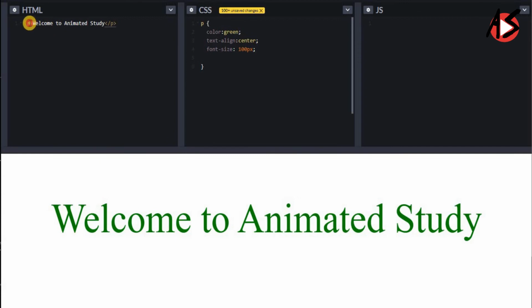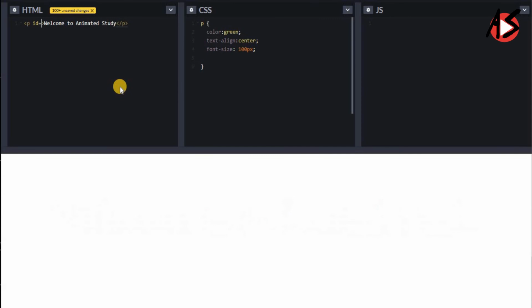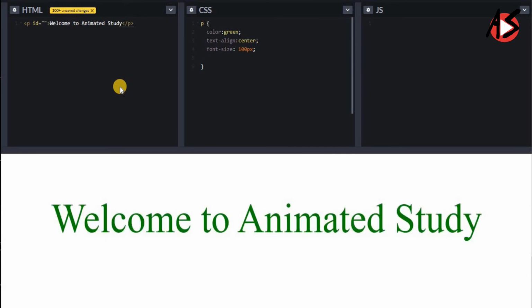Now suppose you want to implement some events on the HTML document, you can give an ID to particular tags, like ID p1 here, and then you can write some event handling code on click. That means what happens if I click on a particular text, I am calling one function using the programming language JavaScript, that is clickMe, and here I will write the clickMe function.